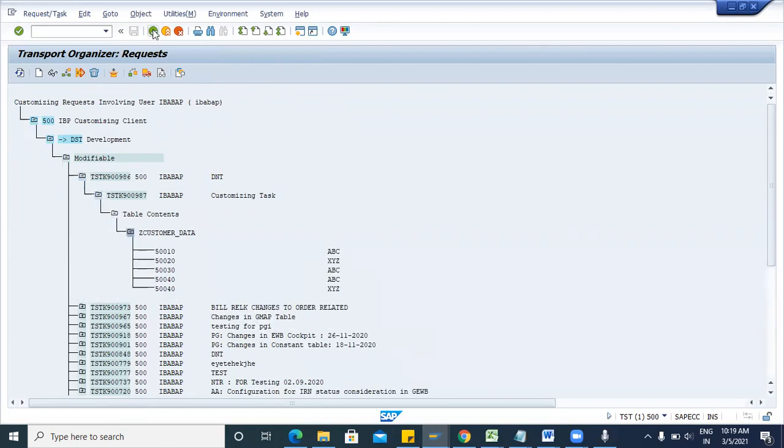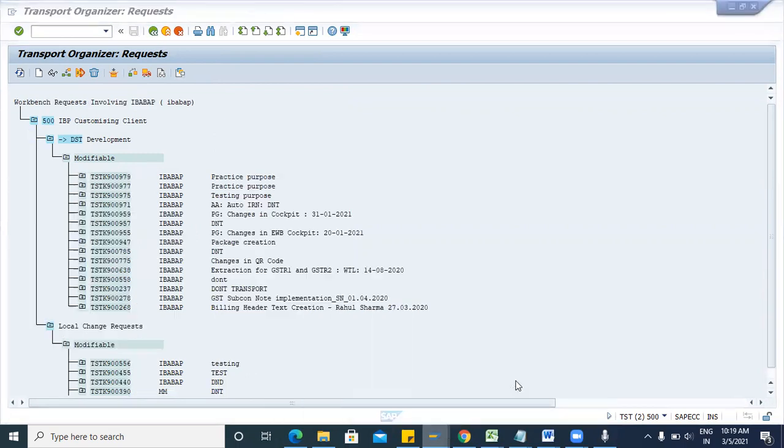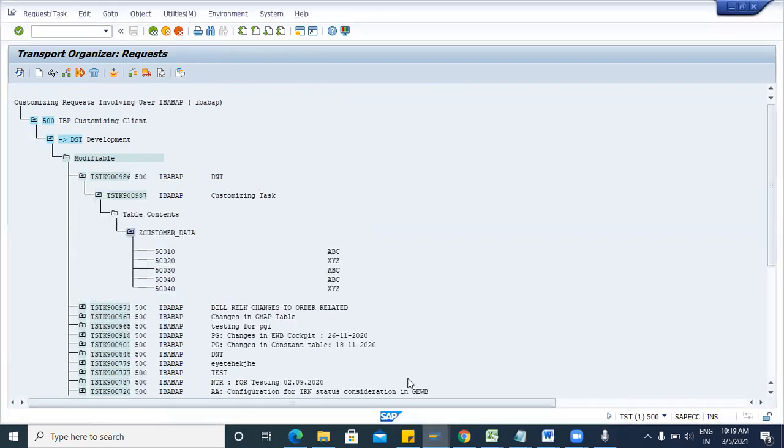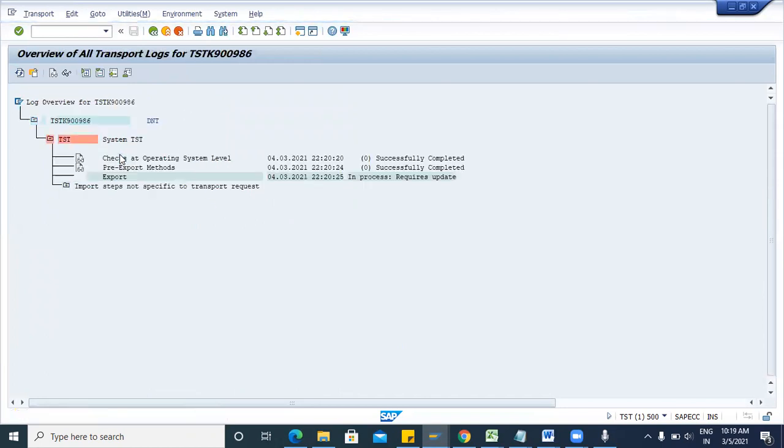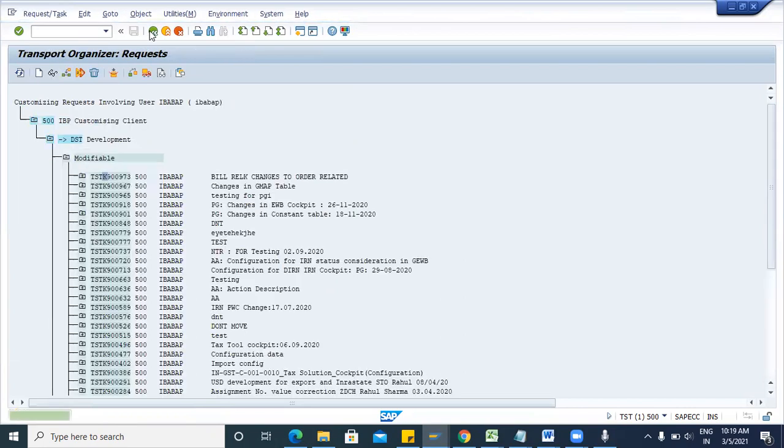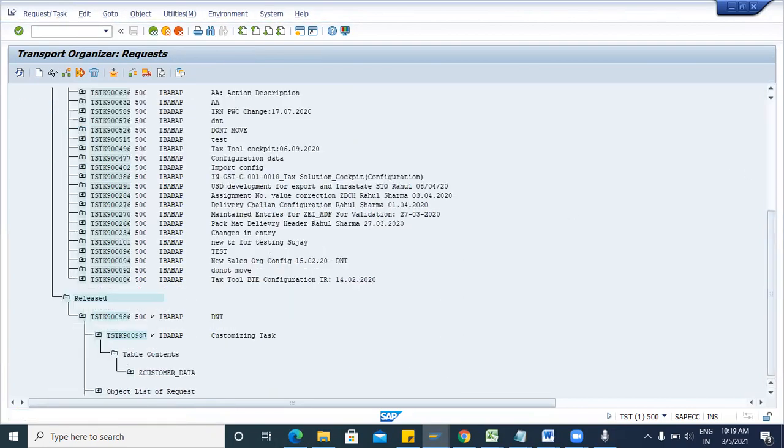Okay. So now how we can create the TOC. First we have to release this. Release 986 and 987. Just go back. Now you can copy the TR number.